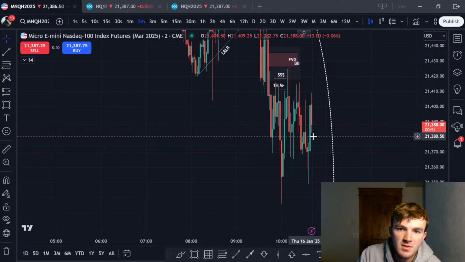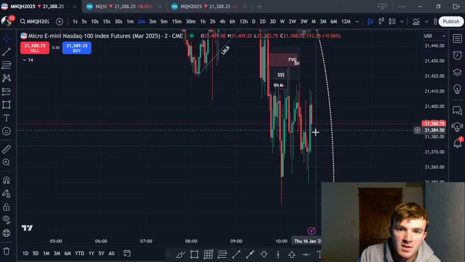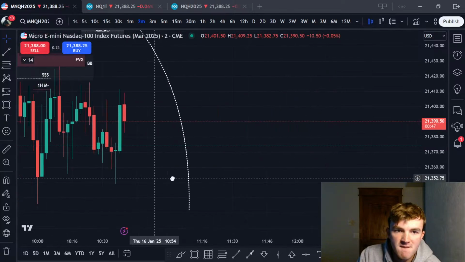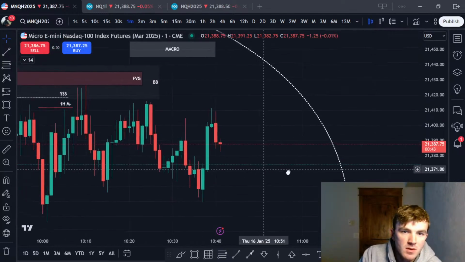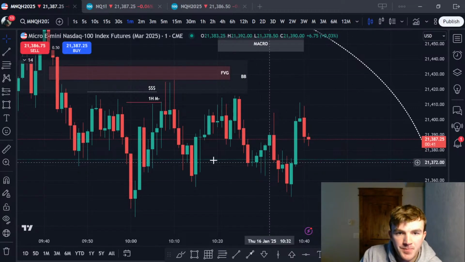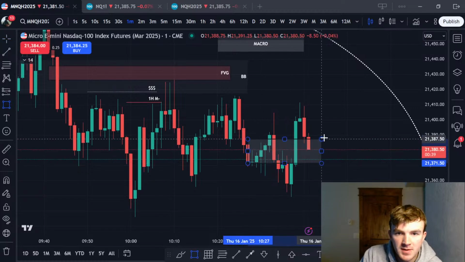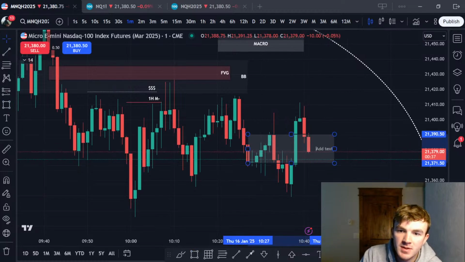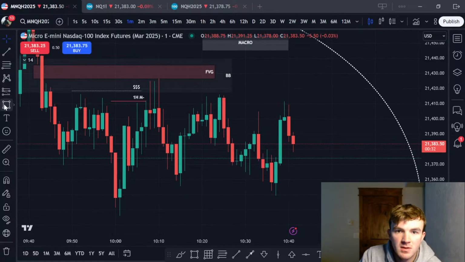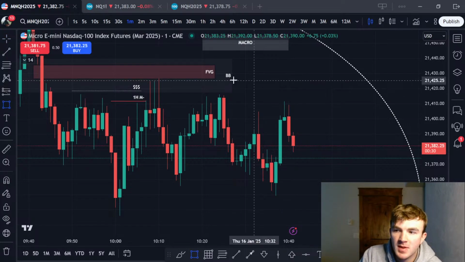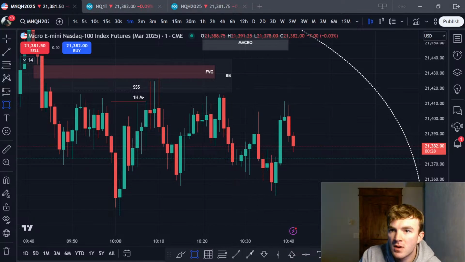I think that this could take us up to this high. Yeah, here you can see that breaker, or we'll inverse it. We'll see. But once again, I think we need to sweep this high. Okay, I wanted to check the 4-hour